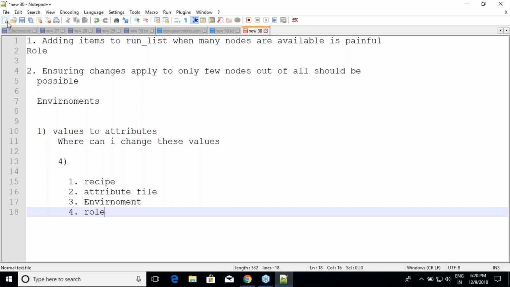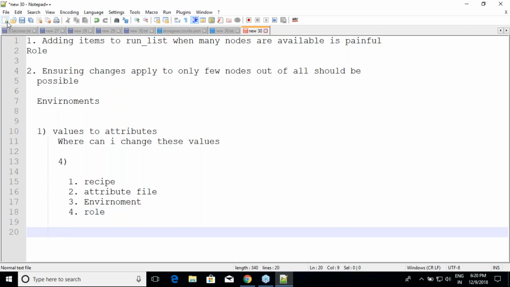We have something more to be added. Apart from the places, whenever we define attributes or define a value, there is something called as attribute type. One attribute type which we have been using till now is default. So apart from default, there are some more attribute types.